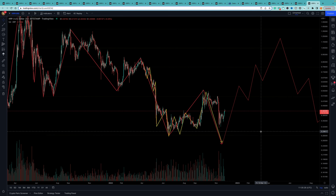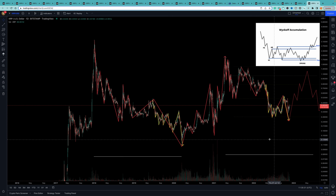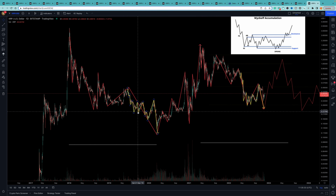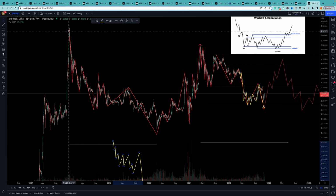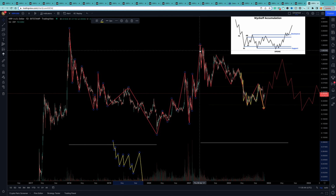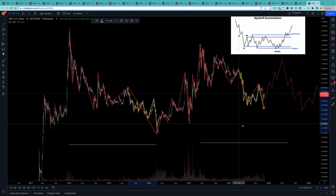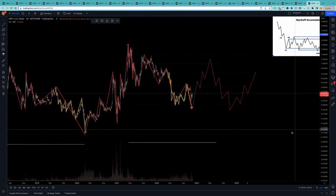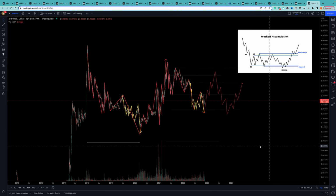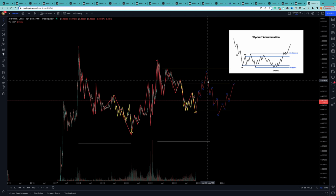One of the things I really wanted to share is going through the Wyckoff accumulation of the previous cycle. Here's the peak of the 2018 bull run, and here's the whole accumulation cycle that it went through, and when we look at this pattern here,